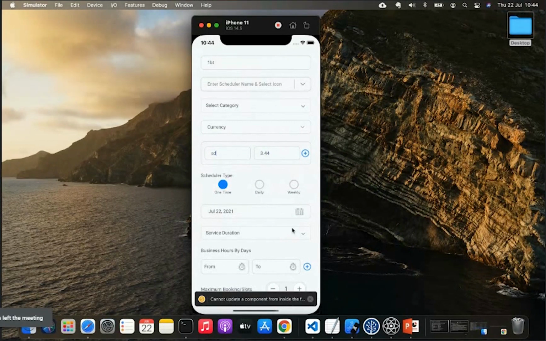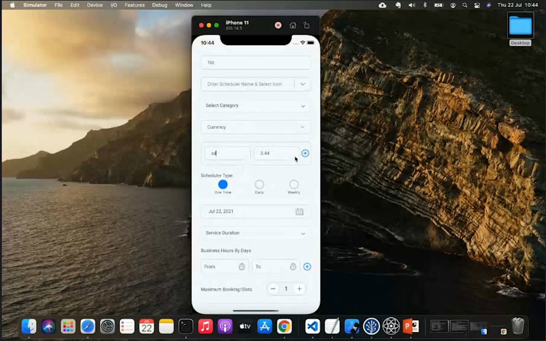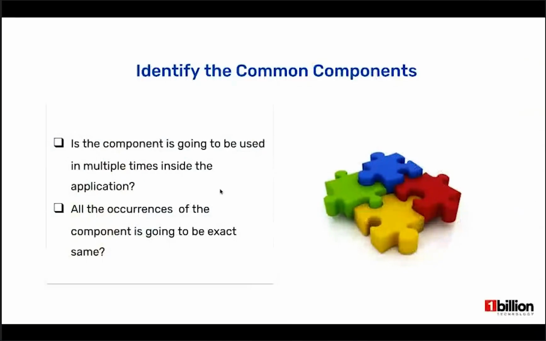Now you can develop this input field as a reusable component, and dynamically change the behavior or type of the component. It's not exactly the same, but there can be slight changes in occurrences, so before developing your reusable component, you can keep space for that as well.